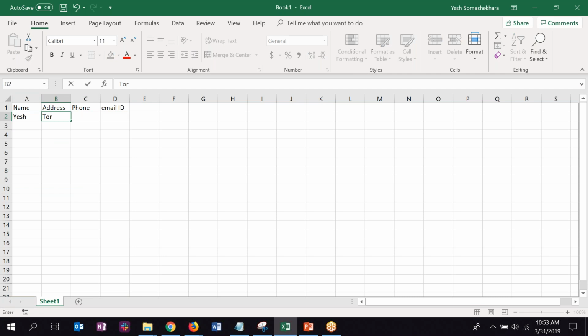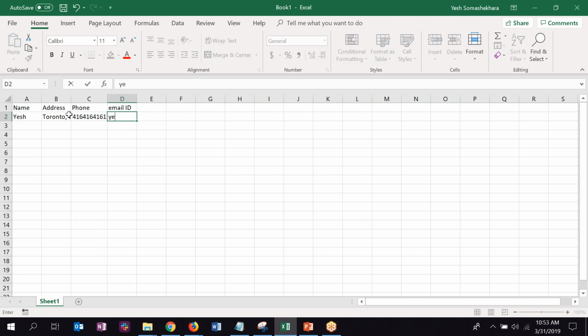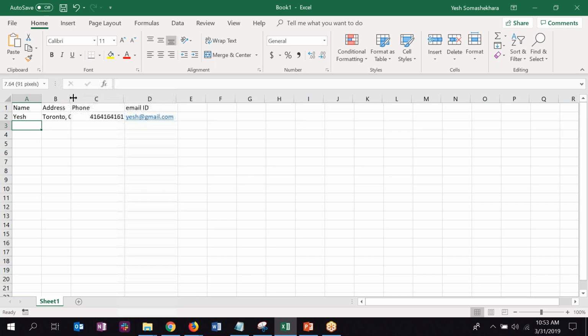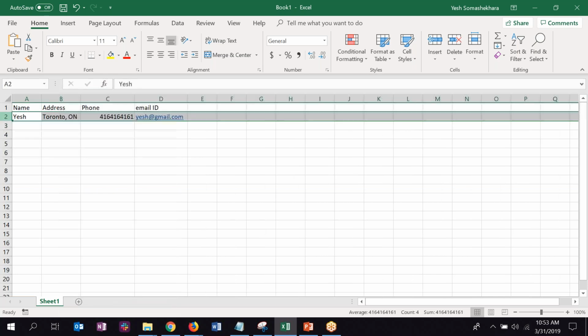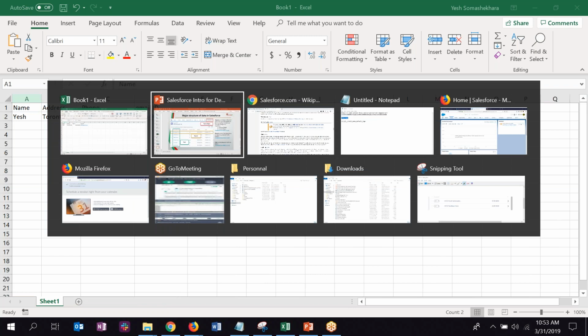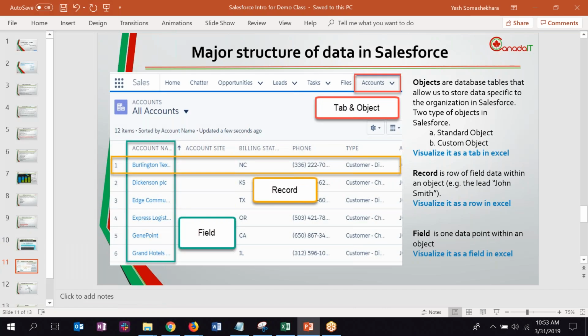Let us say Toronto, Ontario, phone, email ID. So this is your record. Any row with data is your record, and any column is a field. That's how Salesforce has been set up.